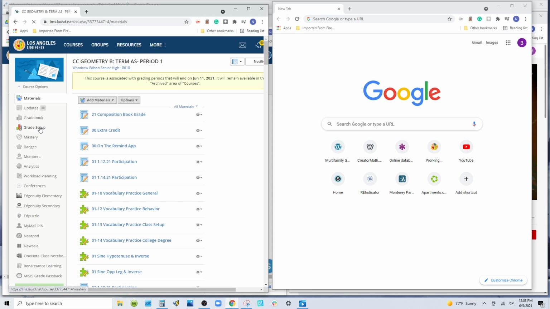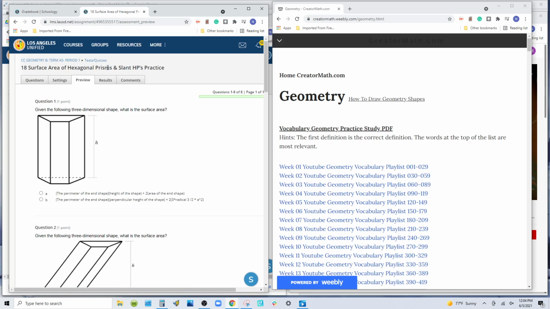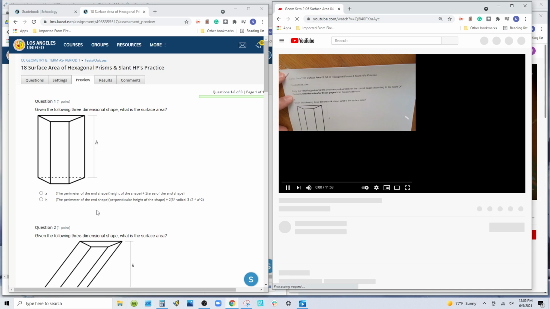Okay, surface area, hexagonal prisms. Let's go down to surface area unit. Here we go. Surface area. Here's the unit, right? And this one is hexagonal prisms. So here we go. There's the right one. So I'm going to start this video, and that'll show me how to do each and every one of these problems. And that way I can at the very least get 100% on all the assignments. How much I learn now remains